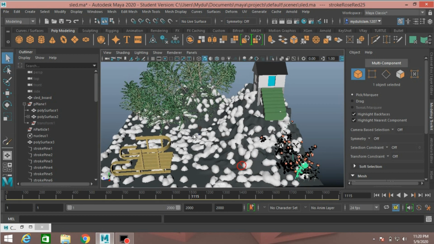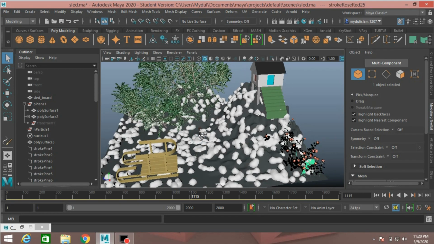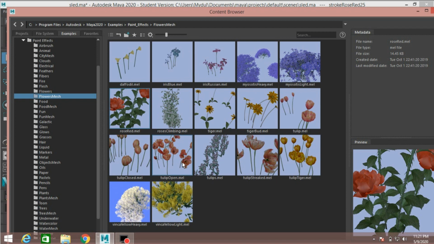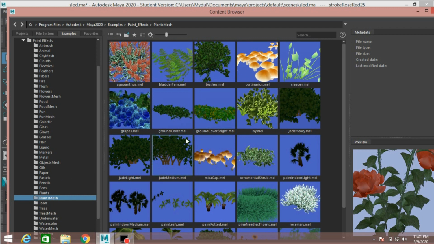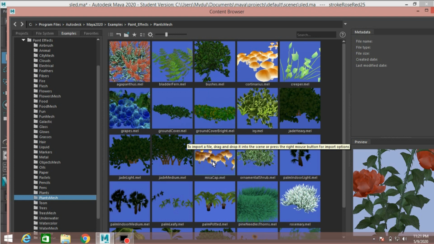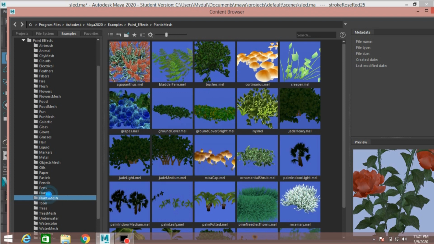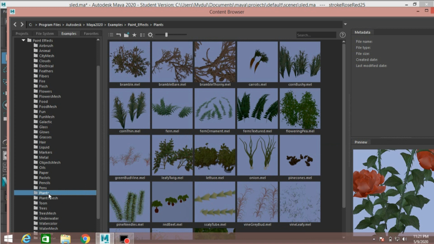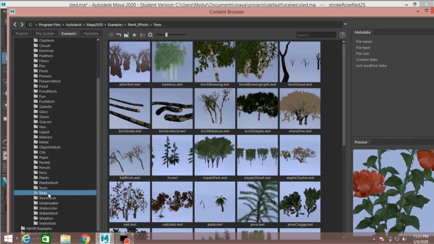Now quick selection tool. Again go to plant mesh, or plants or trees.